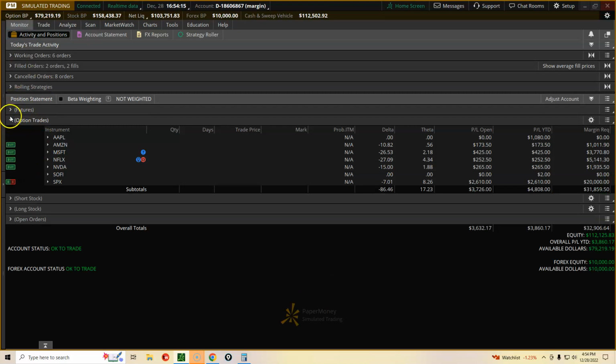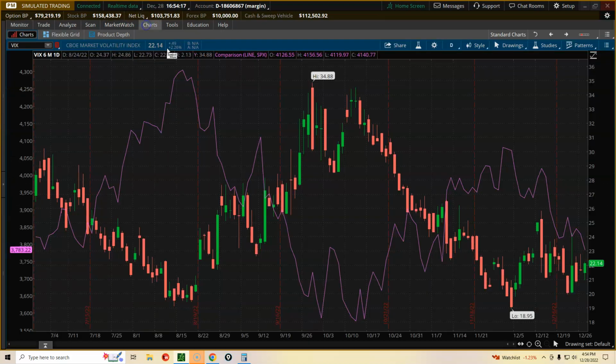playing with these long-term options here, the basic strategy of it is, depending on where the VIX is, we're selling options kind of on the opposite side. So when the VIX is real high up here, you're selling put options. When the VIX is lower, you're selling call options. When I originally sold those options, it was around November 23rd, somewhere in there. So the VIX was down around the 20s, I believe. So if the VIX pulls down a little bit, otherwise I'll just manage